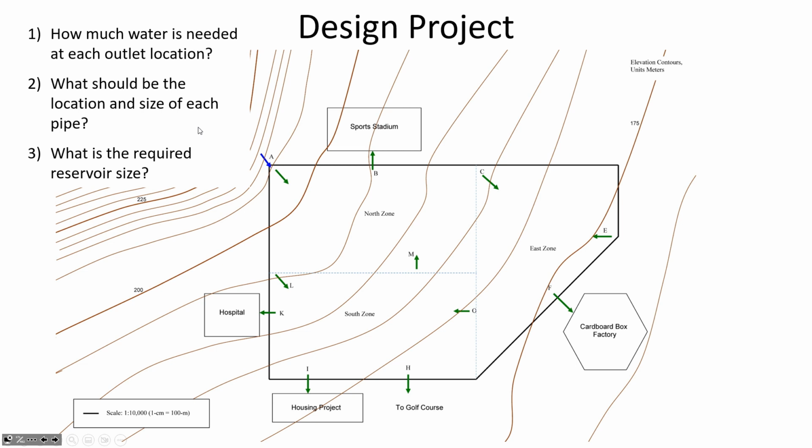All right, good. So the first part of the project, what you're going to be doing is some sort of an assessment of how much water is needed at each of these junctions. The second phase is how big should the pipes be and what size should they be. For part one, it's just hand calculations. Part two is you're using the design software, WaterGEMS. And part three, you're using Excel to size the reservoir according to a process I'll show you in a couple